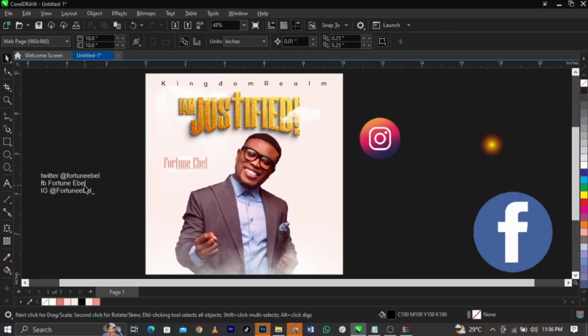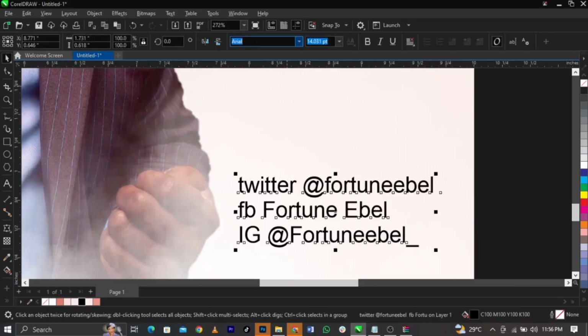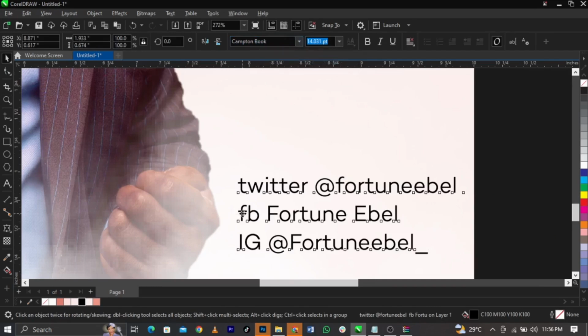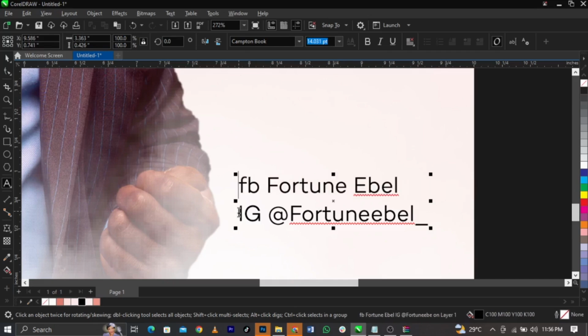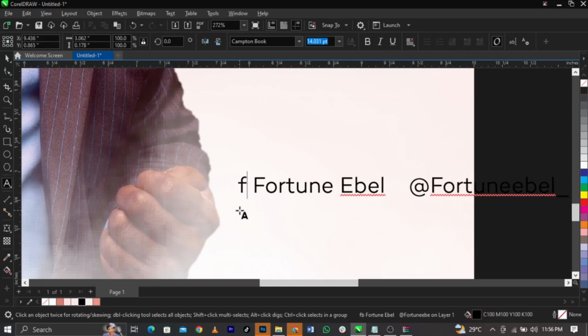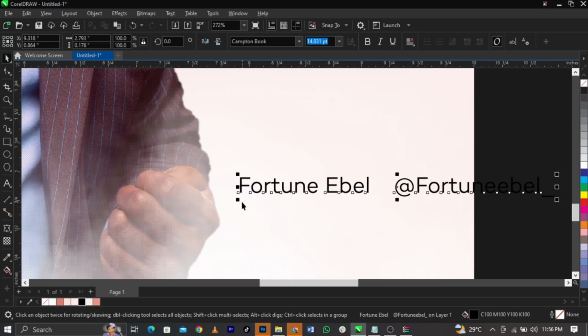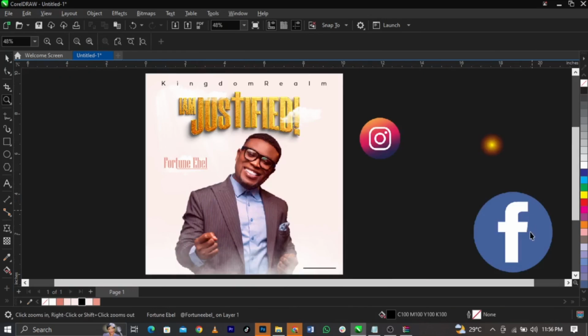This is the social media handle. I'm going to give it a black color, reduce this, and change the font to Captain Book. Now this is Facebook, Twitter. Okay, I think we'll do Facebook and IG. I'm just going to reduce this, place it right here, then bring in this one and convert it to bitmap,